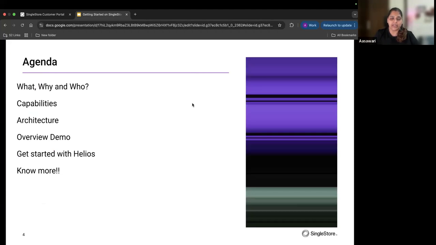So this is pretty much the agenda that we would be covering today. Let's divide the presentation into two halves. In the first half, we would be talking about what is SingleStore, why should you use SingleStore, and who is SingleStore, how did it even come into the picture. And then we would explore the capabilities and the under the hood architecture that SingleStore follows. Once you know enough about the product, we would get into SingleStore's Helios platform, where we would do a simple demo of querying the data and explore the other options that are available on the Helios platform. So let's get